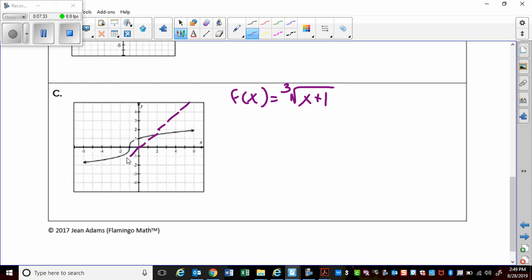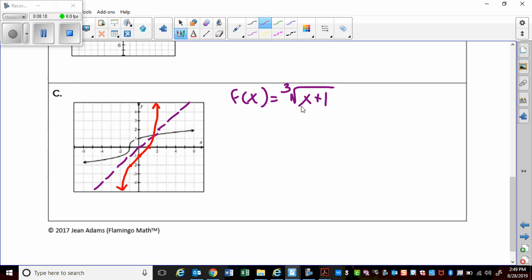Something like that. And it asks us to graph it, so I'm just going to give a rough graph. Look at these points. This is -1, 0, so 0, -1 is a point. This is 0, 1, so 1, 0 is a point. And I'm going to try something down here: -2, -1, so -1, -2 is a point. Okay, and it's going to look something like this, maybe. Kind of reflected across the